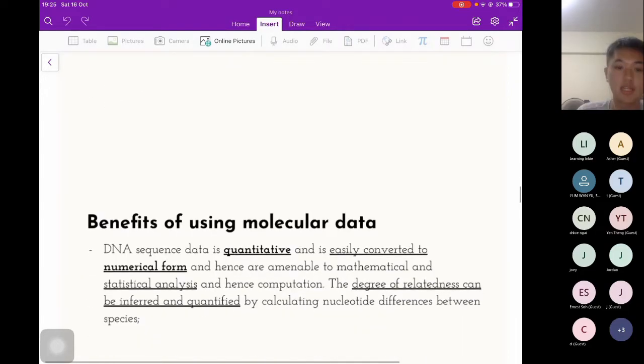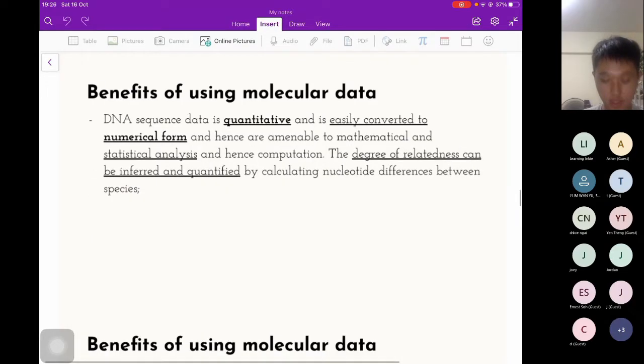Second benefit is DNA sequence data is quantitative. That means that it can be easily converted to numerical form. So once you have it in numerical form, you can then use math and statistical analysis. So most of y'all would have had your lesson on statistics already. So yes, you can use it to statistically analyze your DNA sequence data, and then you compute it, and then you can use that to determine your degree of relatedness. Of course, it's inferred and it's not definitive. Okay,